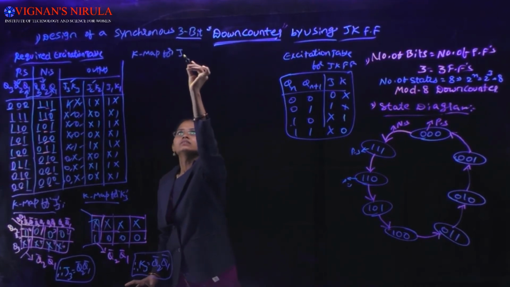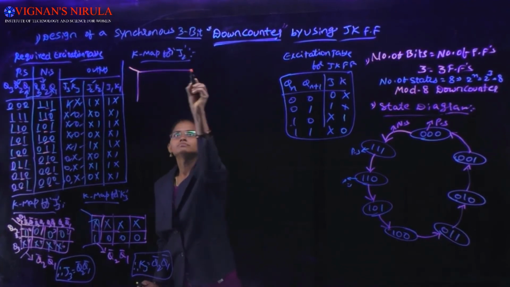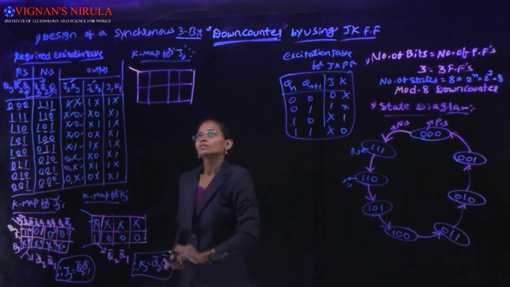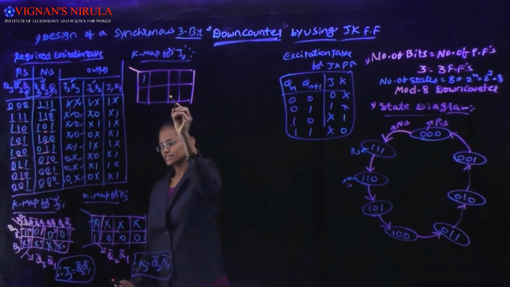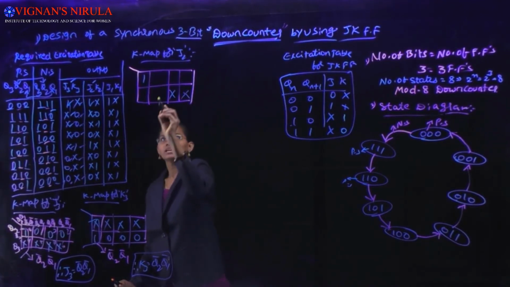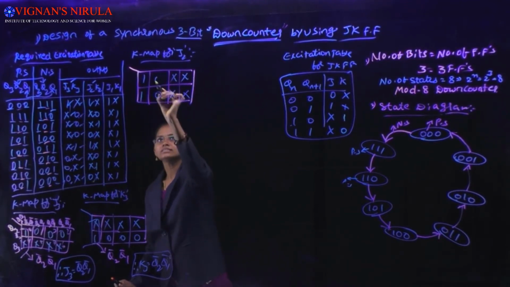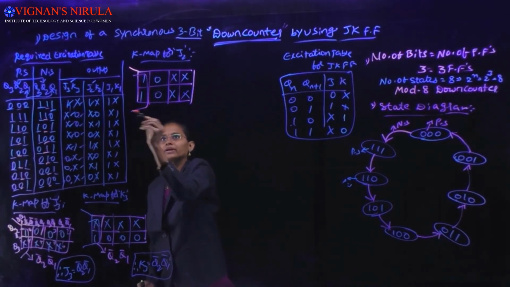K-map for J2. Here also 8 cell K-map structure. Observe these outputs. 0 cell is 1, 7th cell is X, and 6th cell is X, 5th cell is 0, 4th cell is 1, 3rd cell is X, 2nd cell is also X, 1 cell is 0. Here the grouping is these both 4 cells grouping,